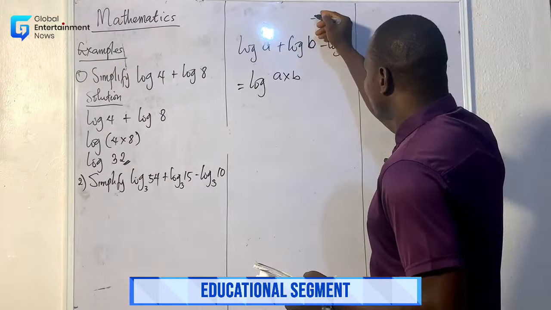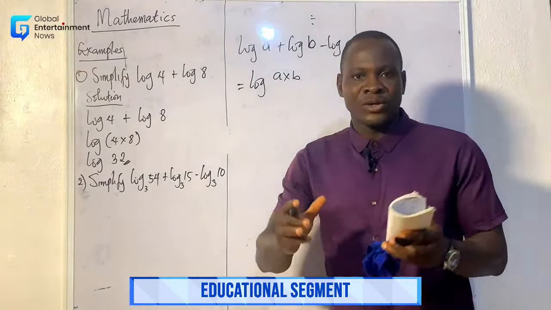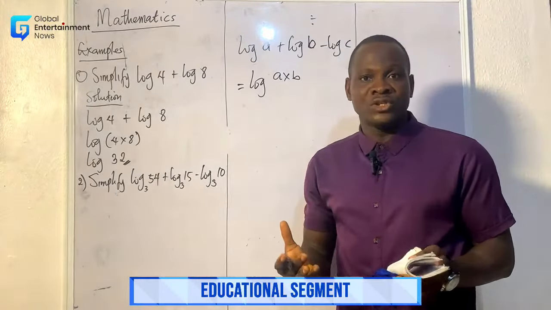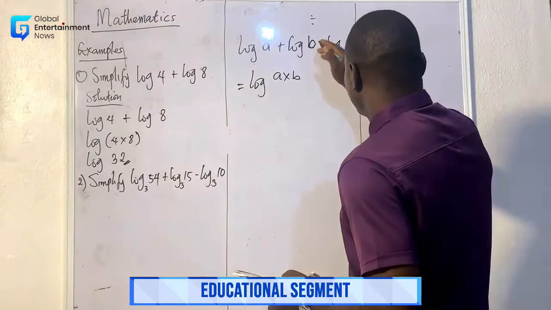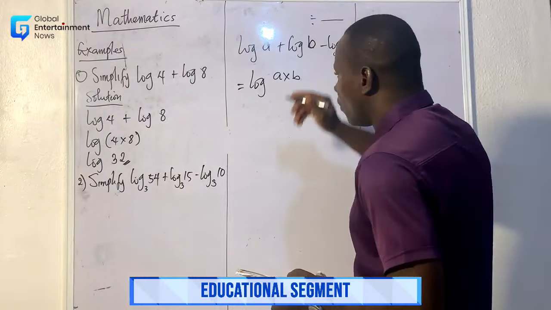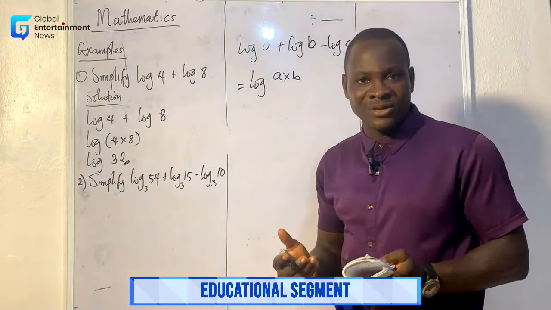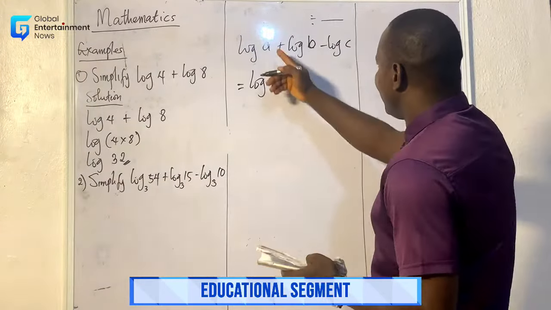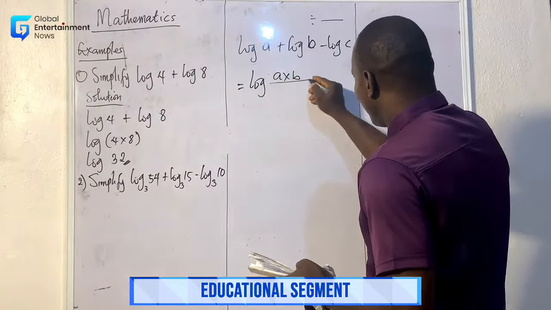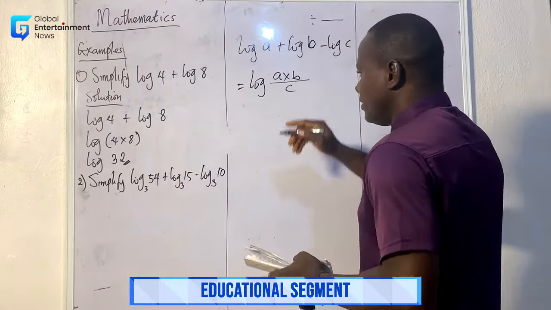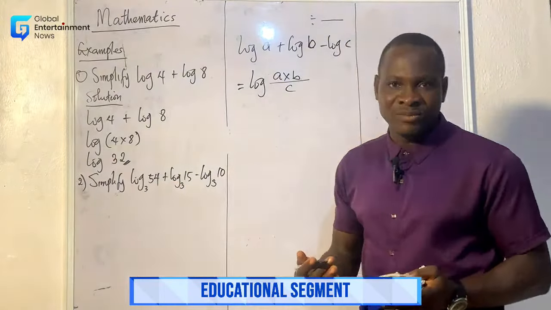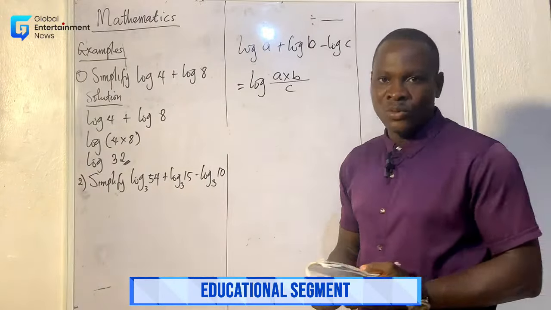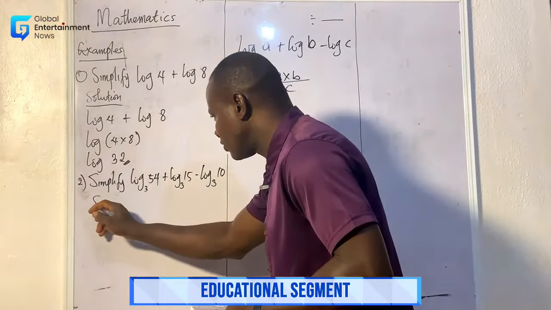Minus simply means division. That is, you are going to divide it. So what do you need to do? Division is the same thing as all over. It's the same thing as what? All over. That means A times B over C. And the same thing is applicable to this question. What do we need to do? So we just need to say,